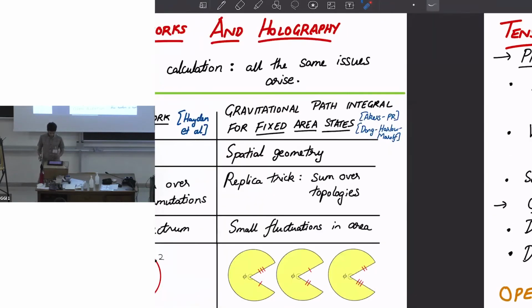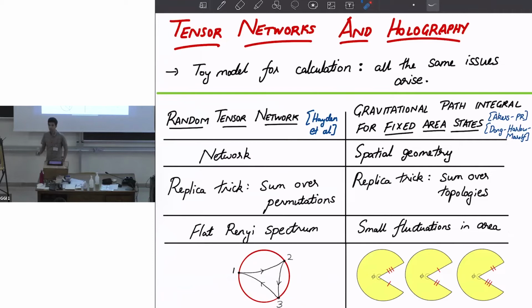If I understand correctly, even in the G goes to 0 limit, let's say you compute the third Renyi entropy or something, the saddle point that you get in gravity is totally different from just gluing these together, because when you glue these together, there's a conical excess at the location of the extremal surface if you naively take this, so it doesn't solve Einstein's equations. So even in the classical limit, you find something that's different. So there are some effects of back reaction when you want to compute complicated things like the Renyi entropy, which has some non-trivial back reaction, unlike the entanglement entropy. The G goes to zero limit is analogous to the large bond dimension limit in the tensor network.